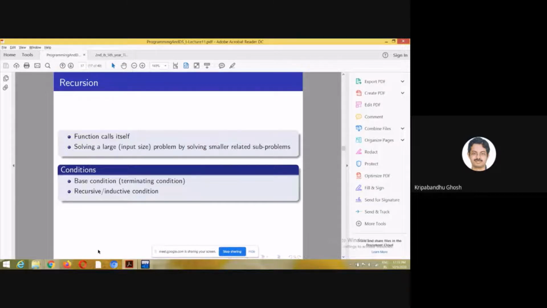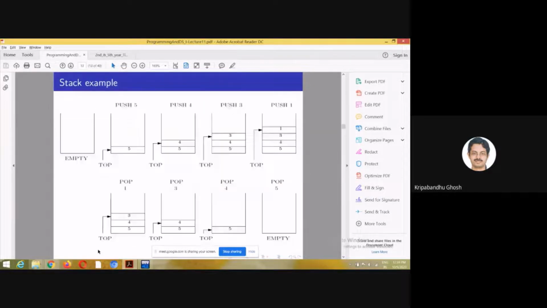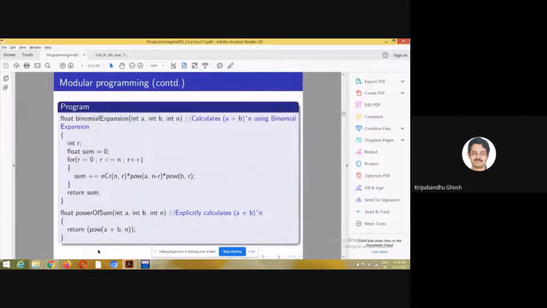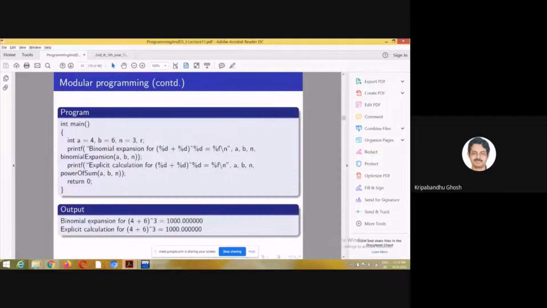They're also called subroutines. So that helps in simplifying the problem. So in that case, a function calls some other functions. Like in this example, in main, we were calling binomial expansion or power of sum, right?